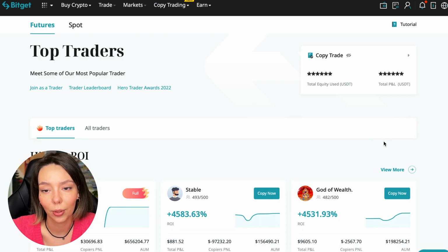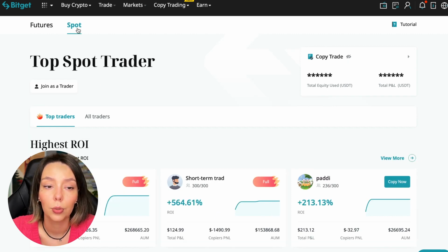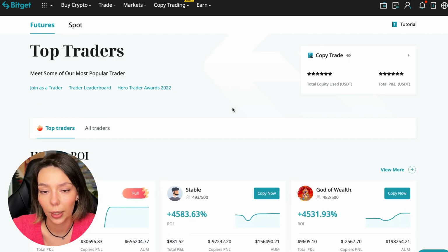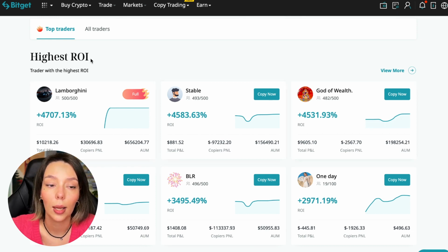So we switch to the copy trading tab in the futures section. I will make a separate video about the spot section, which will be released a little bit later. So now I will talk to you about the futures section. Here we see just below the traders with the highest ROI over a given period of time, and this trader has a